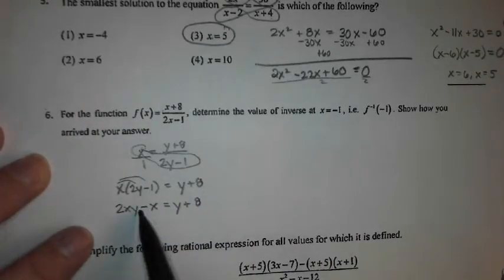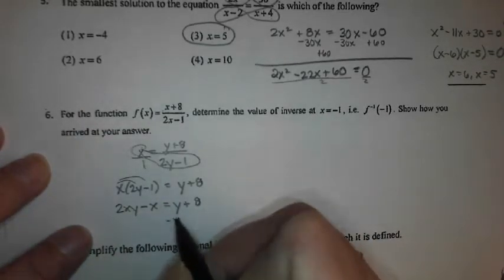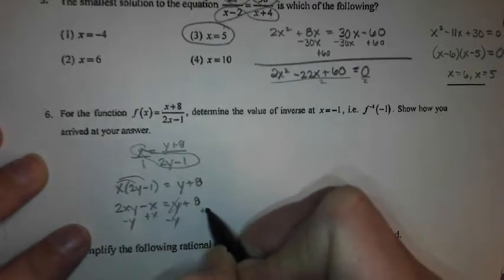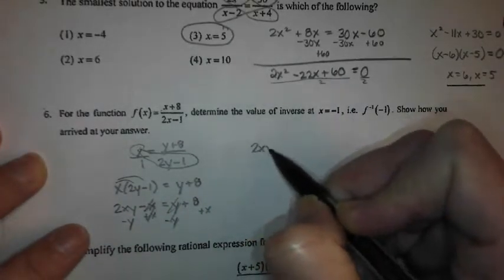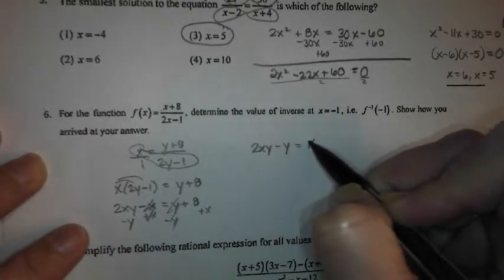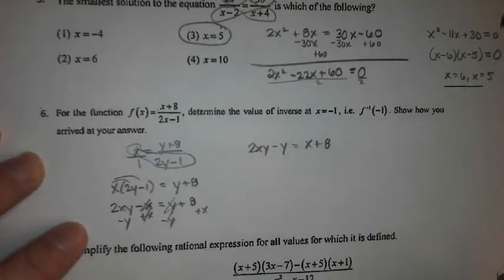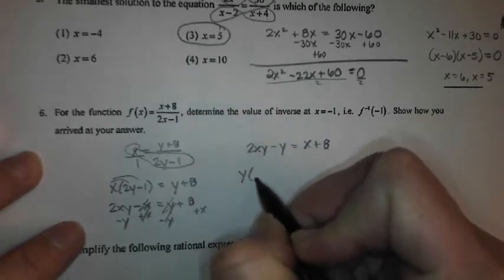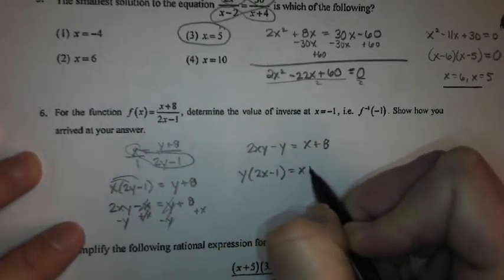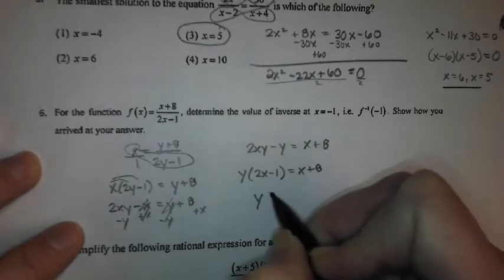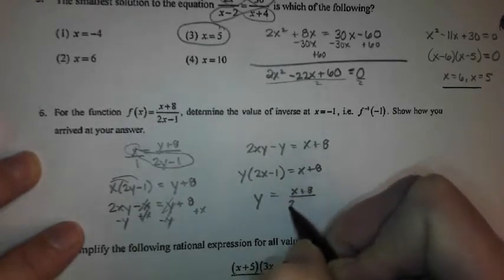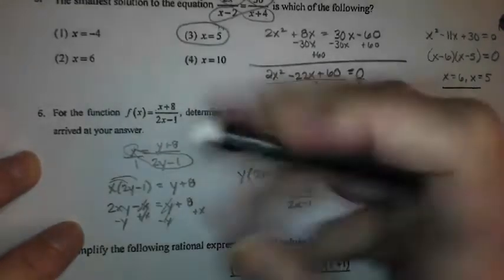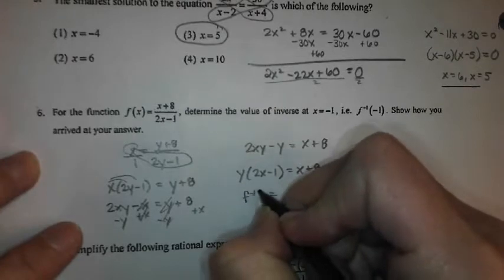And then get all your y's on one side and all your non-y's on another. So I'll bring this y over to the left, and I'll add this x over to the right. So I have 2xy minus y on the left, and then x plus 8 on the right. Now we can't combine the y terms, we're solving for y, so factor out the y. And then divide that 2x minus 1 over,